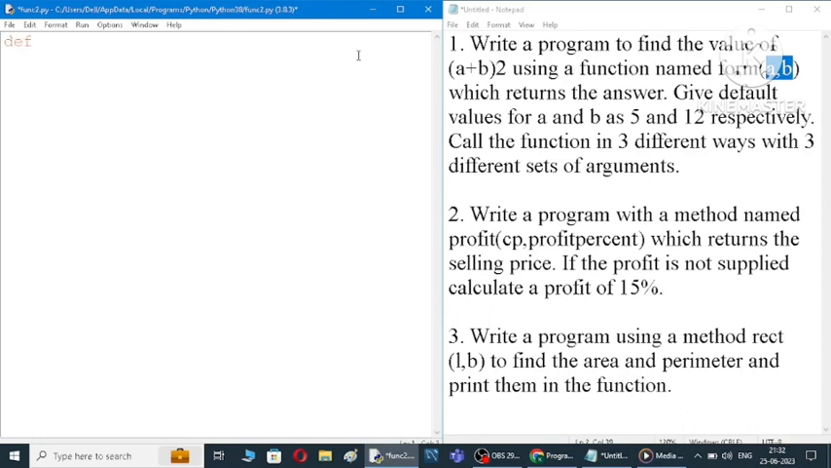So the first line of your program will be def. What is the name of the function? form. And what are the arguments used? a, b. And don't forget to give a colon. For this line you will get half a mark. So def form(a, b):